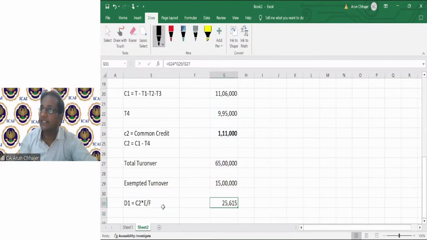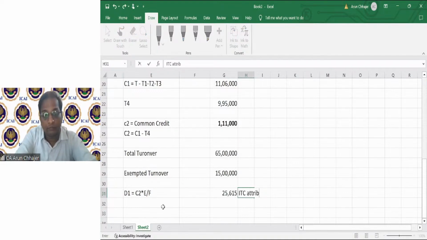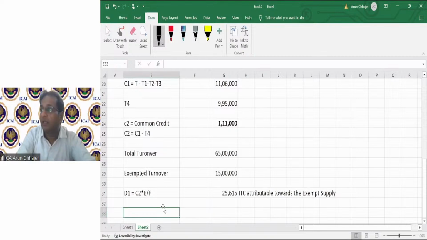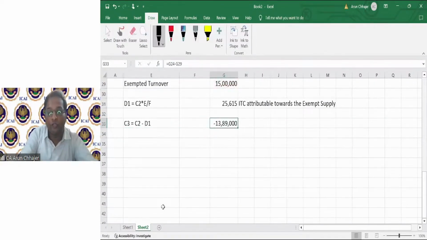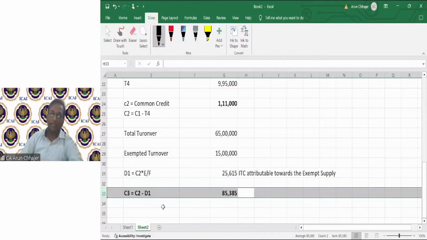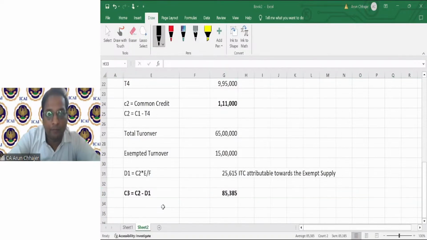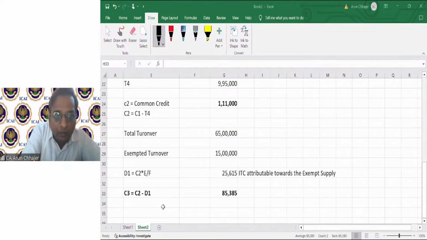So 25,615 is nothing but the D1. D1 is the ITC attributable towards the exempt supply, which you need to reverse. And C3 is C2 minus D1. कितना था? 111, out of which you need to reverse this much. And therefore, you can take the remaining portion, 85,385. Correct? So the answer to this question, I can say that net